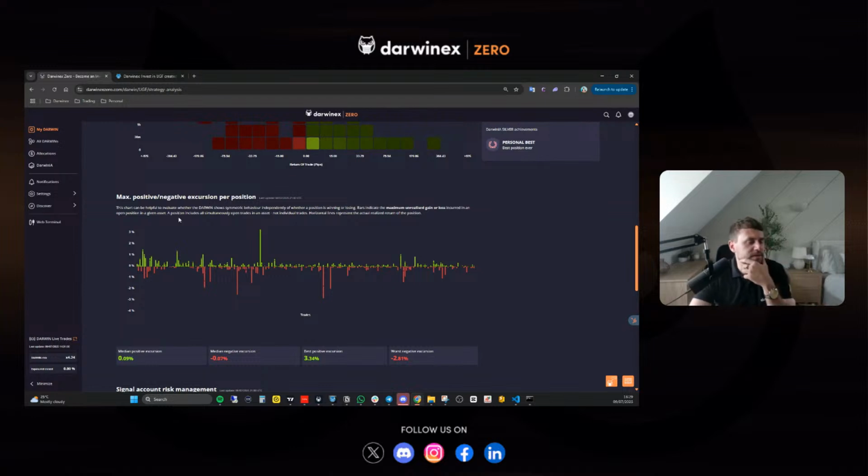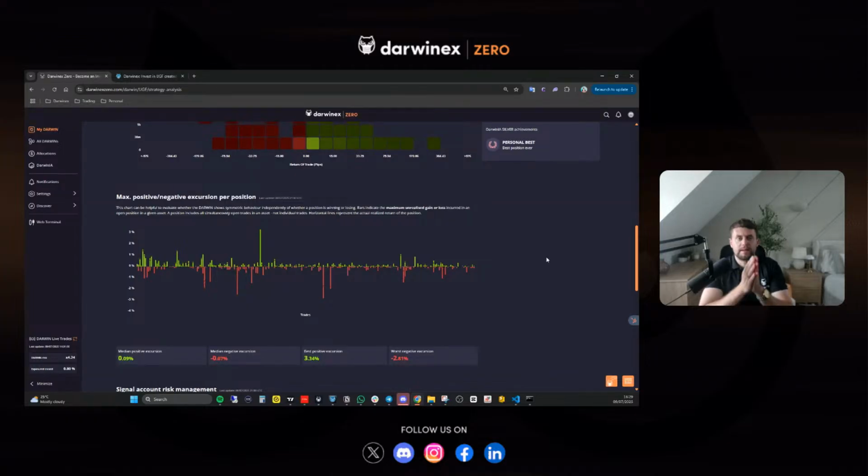Right, maximum positive and negative excursion per position. My favorite metric by a landslide. I always call it maximum adverse and maximum favorable excursion. It's hiding some data, so we can't see the asset that's being traded, but that's fine. We don't really need to. The main thing that I look for here is